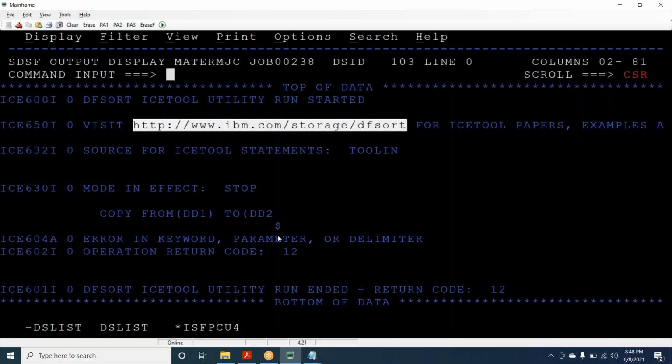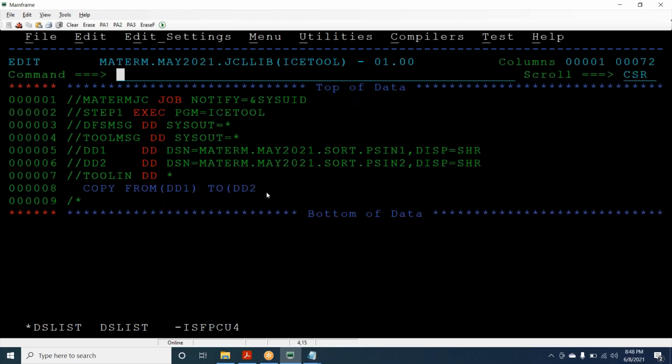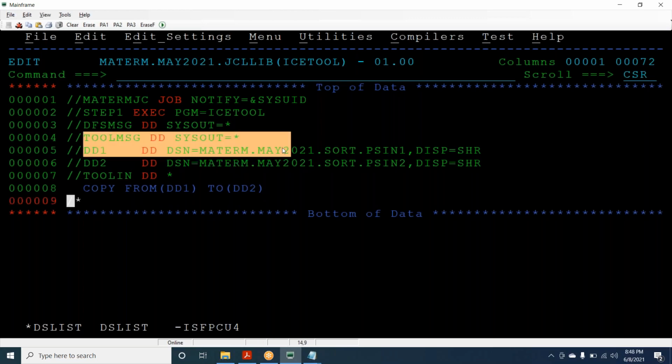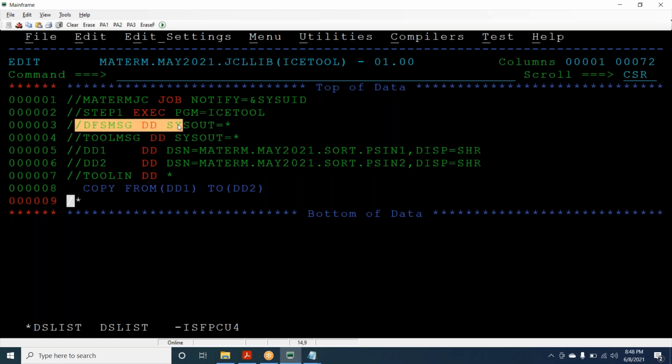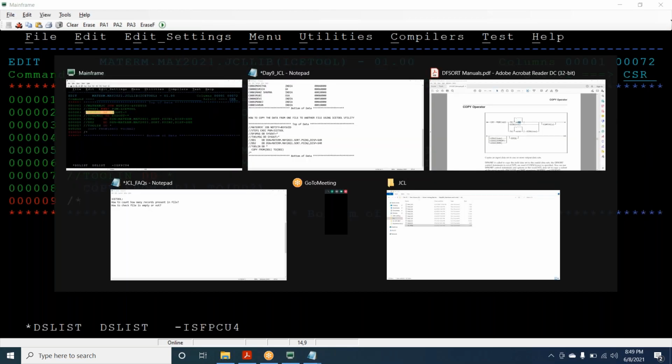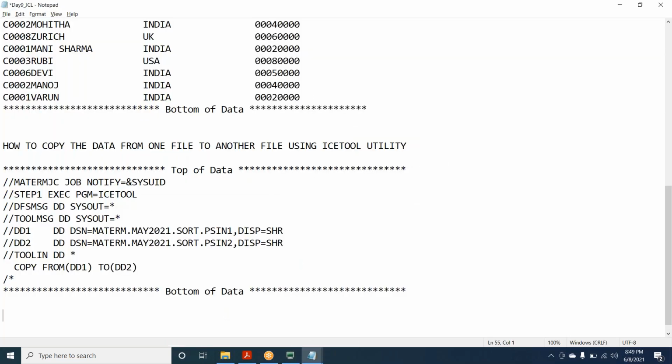Can you see it like this? This is the control card. There is a dollar. Dollar means that under the control card, if a dollar symbol comes anywhere, there is an error near that. So the error is here. That is how we need to understand. Now the error is printed in the tool message, but not in the DFS message. Okay, any queries?